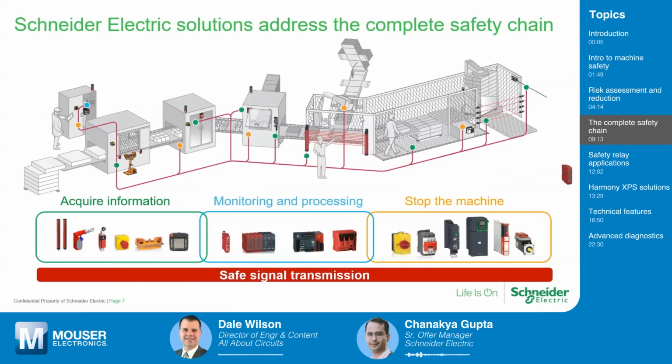Really, we have solutions and offers available for the entire machinery lifecycle and operating process, from acquiring the information with sensors like curtains and push buttons to pull cords, and then actually monitoring and processing the safety signals sent by the sensors and safety relays, or programmable safety relays and the safety controllers and safety I/O. Then, of course, there's a need to stop the machine once the signal has been processed, a risk has been identified. To stop the machine, there's drives and safe stops on all our drives and motor systems that we supply